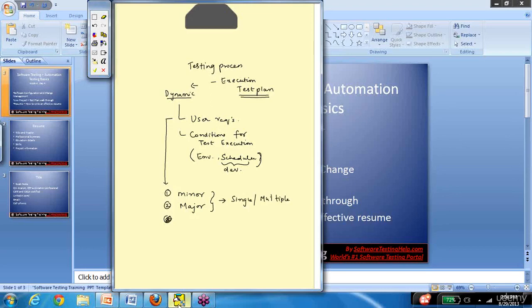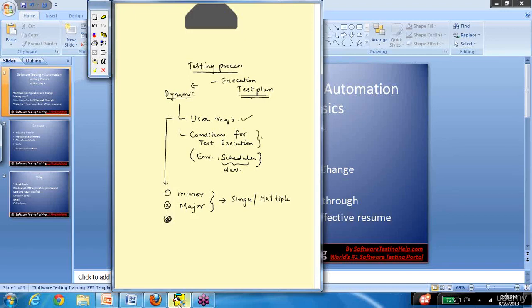Again, to recap, the testing process is nothing but the execution of a test plan. The test plan is dynamic in nature. That means as and when changes occur, this document is updated to make sure it is current. It shows the current status of the project. The changes could be any one of these. The user requirements might change.